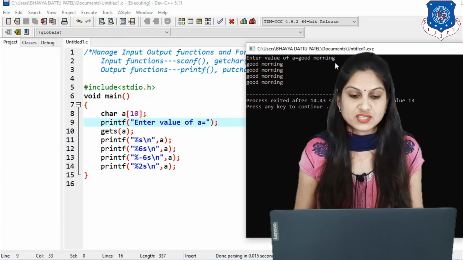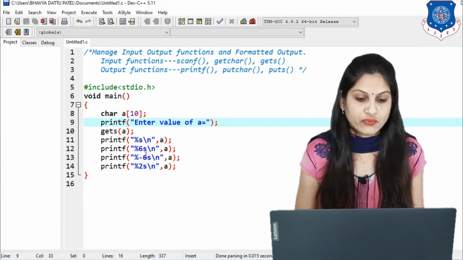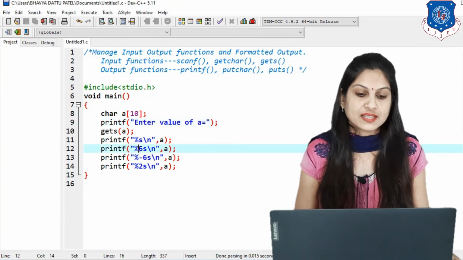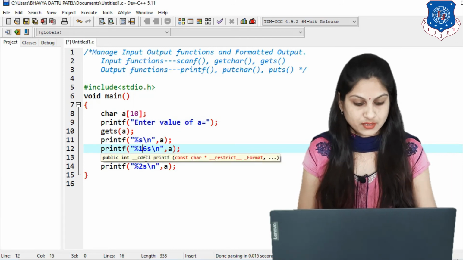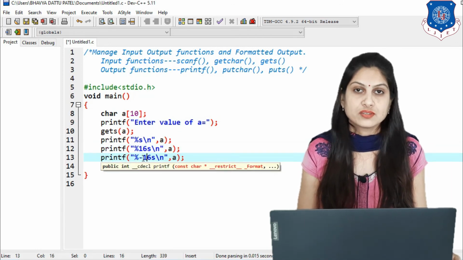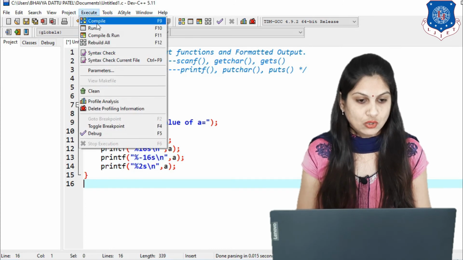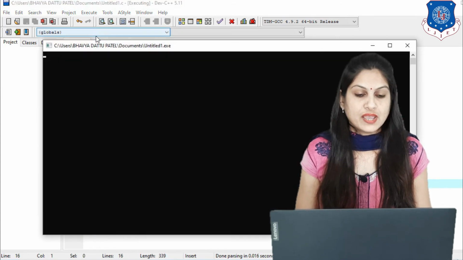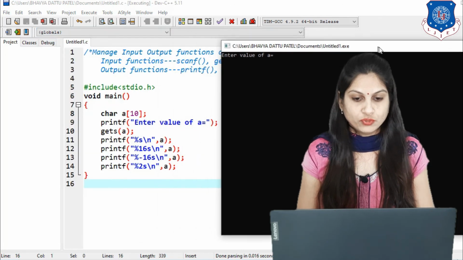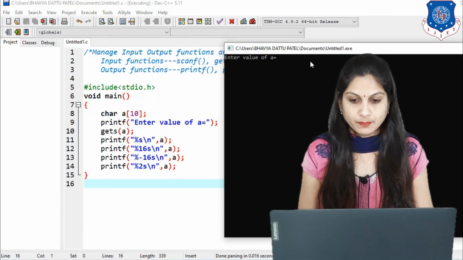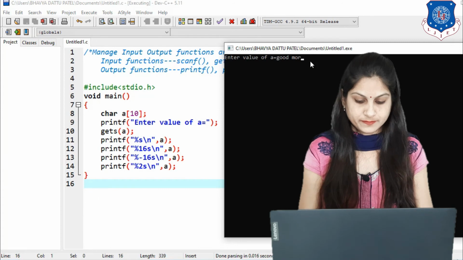And for that we are changing here, instead of 6 we are writing just like 16 for a string having characters 12. So what happened? You can find here the output, find the different output for a string same, that is good morning.